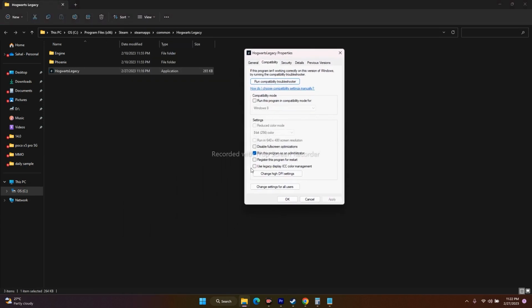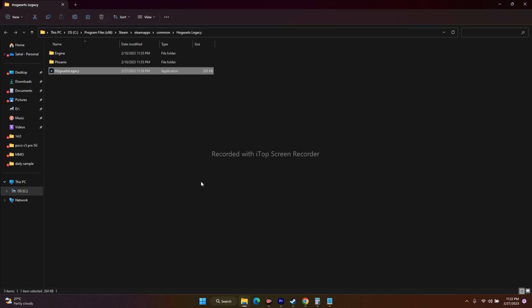Over here, as you can see, "Run this program as an administrator" is selected. So uncheck this, go for Apply, go for OK. This is the first step. Just uncheck "Run this program as an administrator". Next one is all about